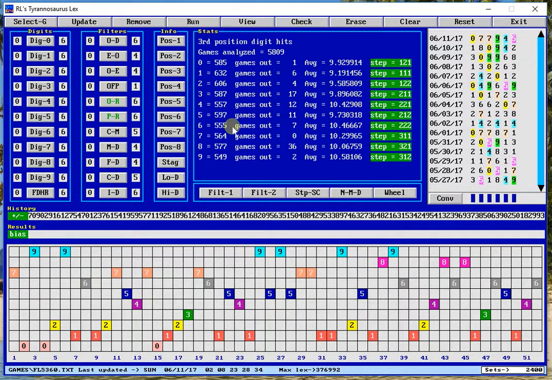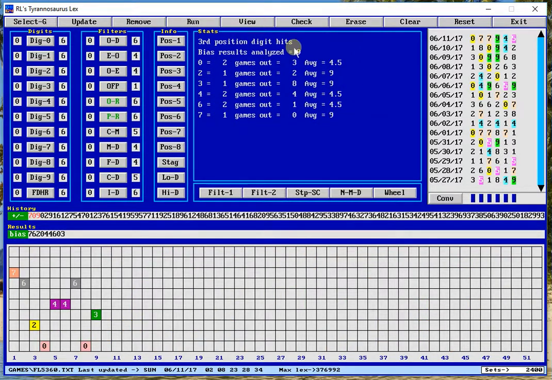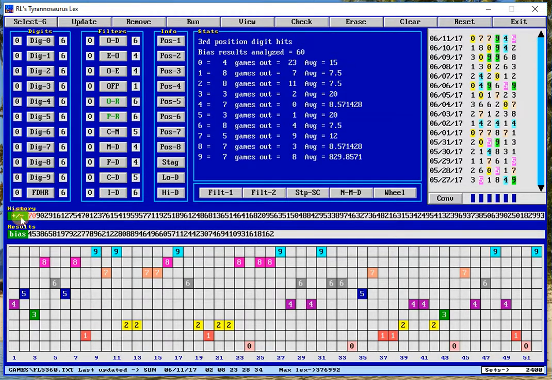Then I'd go to position 3, basically do the same thing. I'm gonna click this just a couple times just to get my numbers down a little bit. I try to keep however many I click down here on the history. I still want it to show all of my numbers here. The 7-0 shows that it's hit 60 times. So I'll look at my averages here. I like the 1. There's only 4 of them, probably 4 of them that would be